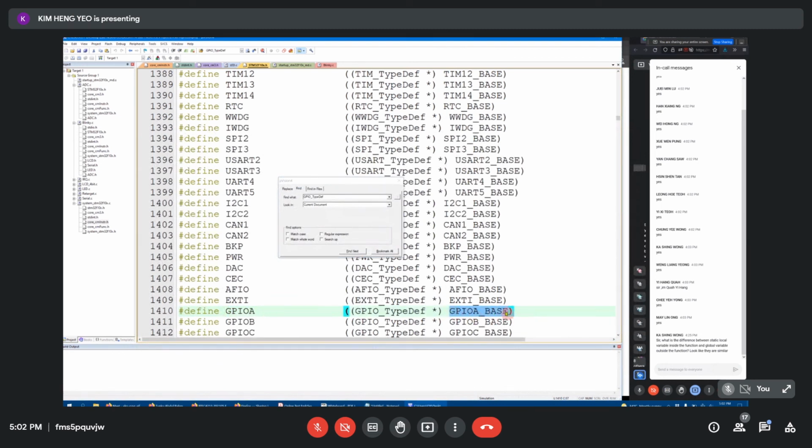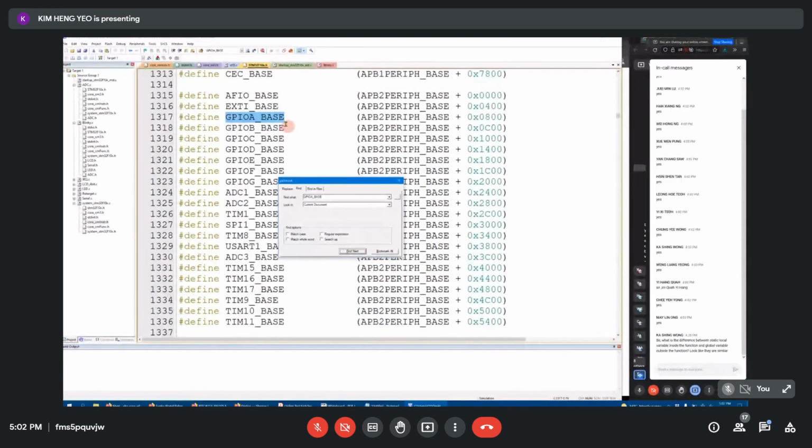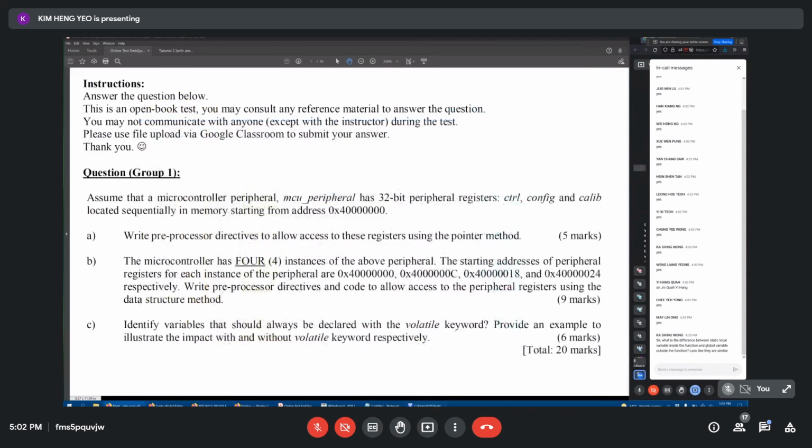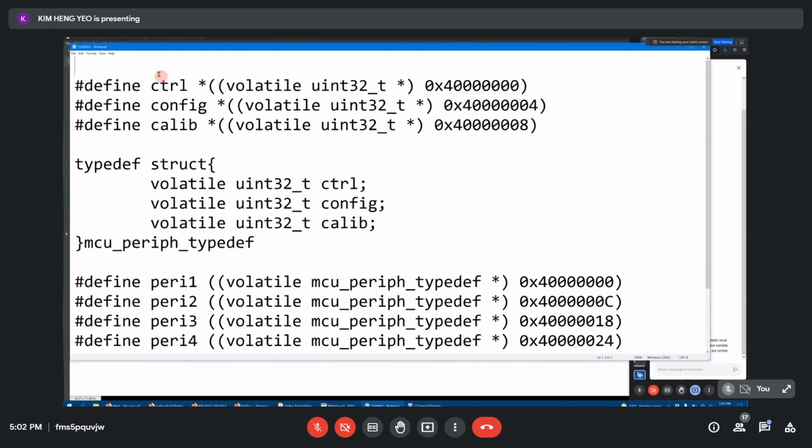What's GPIOA base? Then you just search for GPIOA base. So you see, GPIOA base is APB2 peripheral base plus this one. Okay, what does this actually mean? They actually write it this way. I can show you. Instead of writing like this, I can write here